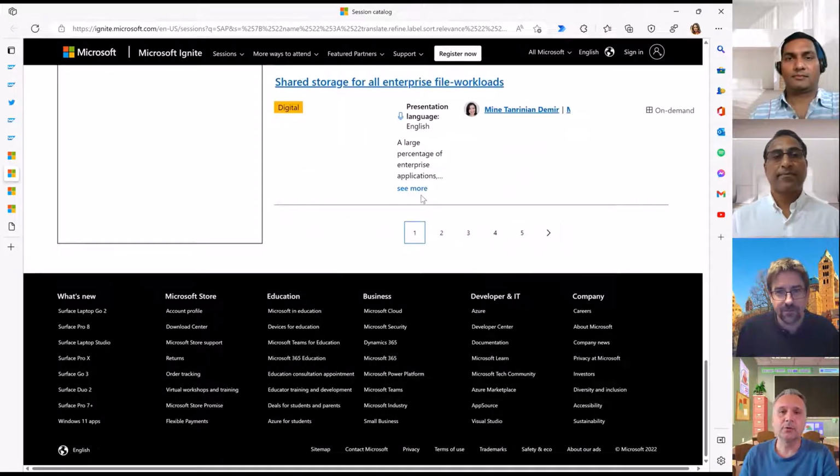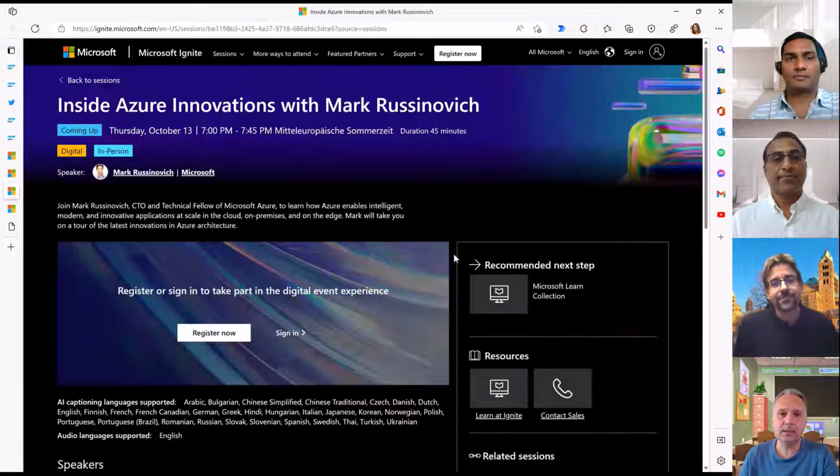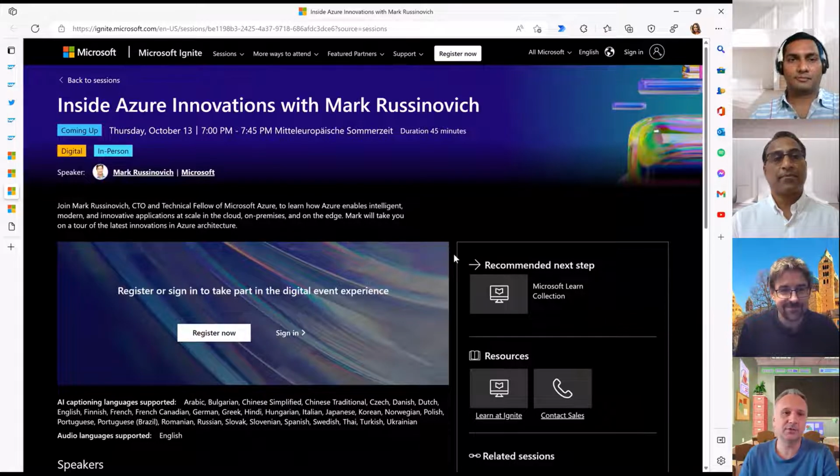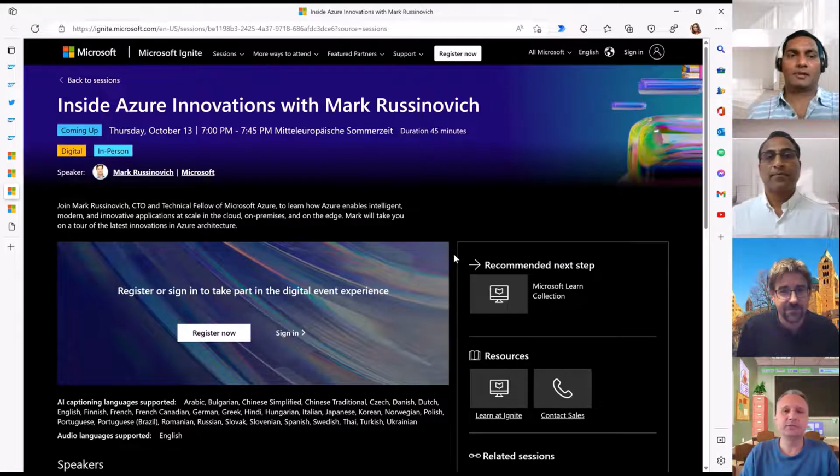I would also recommend, if you go to the next one, Mark Russinovich. He is the technical fellow and chief technology officer at Microsoft. He always has great sessions and always gives a good overview. His sessions are always super well visited. So it's always good to take a look and see the general direction of the different cloud services,